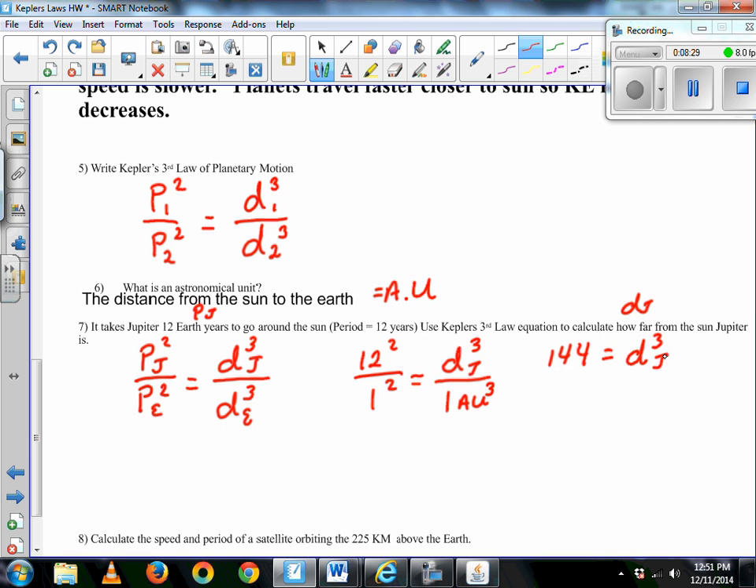Now, if you look at the math button on your TI-84 calculator, when you hit the math, the fourth one down will be the cube root of this. So I take the cube root of d cubed, and I get the distance of Jupiter. And the cube root of 144 ends up giving me 5.24, and that's going to be AUs. So Jupiter is 5.24 AUs, or times, farther from the sun than Earth is. And number 8,